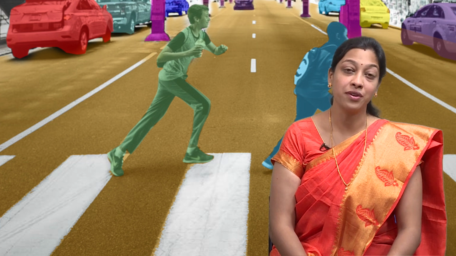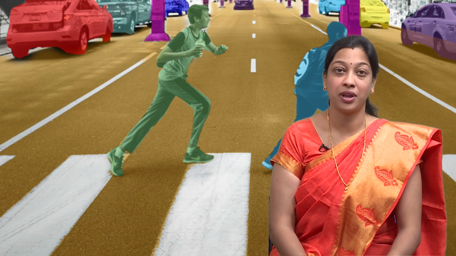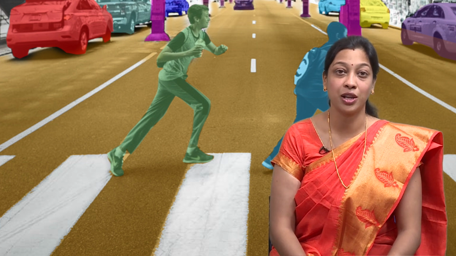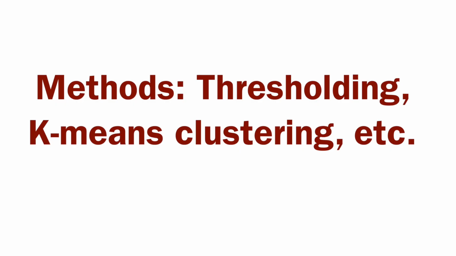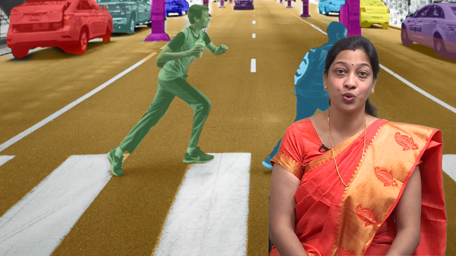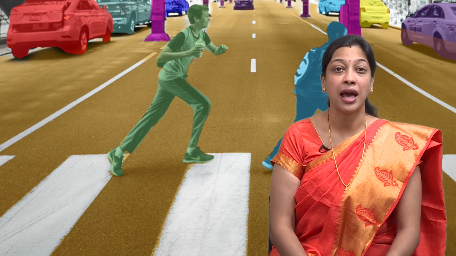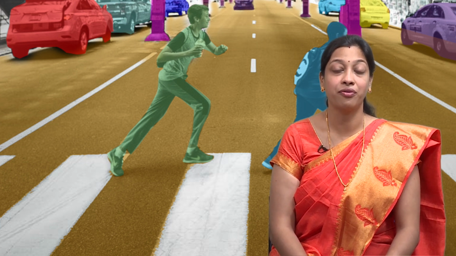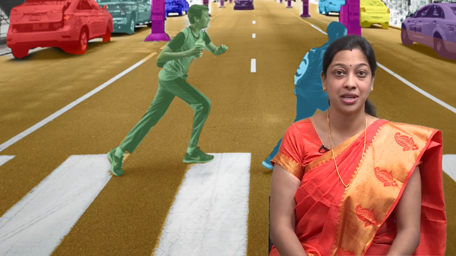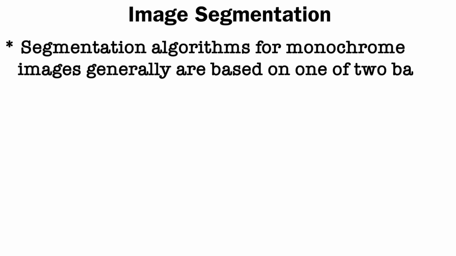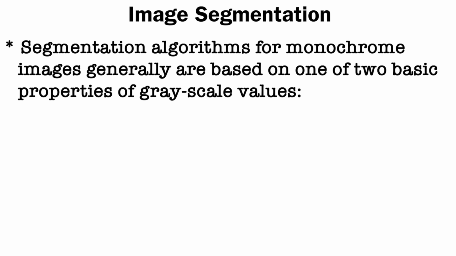Moving further with the techniques of image segmentation, we are going to use thresholding values. The methods are thresholding and k-means clustering, etc. We are going to discuss what thresholding and clustering do for further enhancement in image segmentation. The image segmentation algorithms for monochrome images are generally based on one of two basic properties